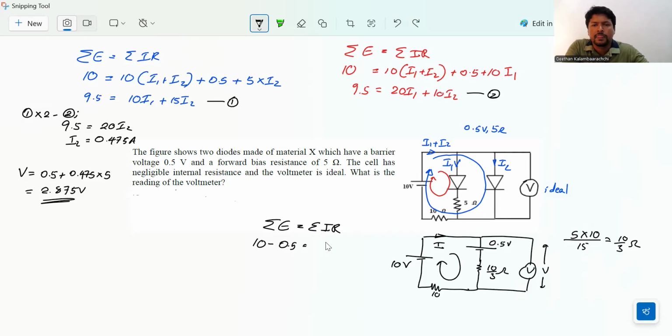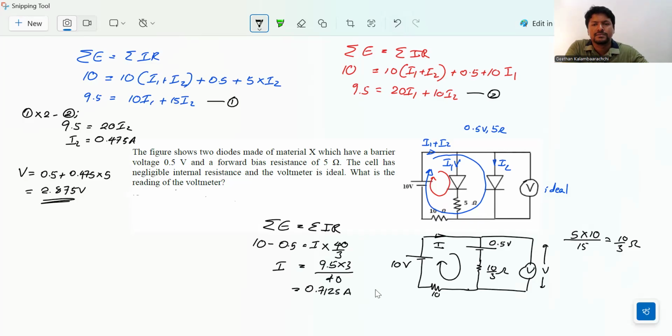It's an easier method. Right. 10 minus 0.5 into I times 10 plus 10 by 3. 10 plus 10 by 3 is 40 by 3. So I is equal to 9.5 into 3 divided by 40. And that is